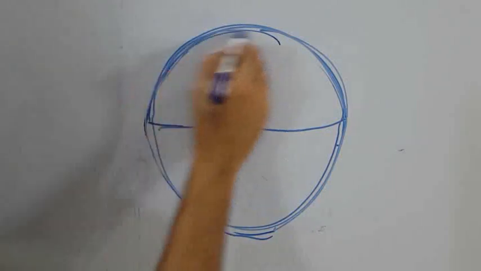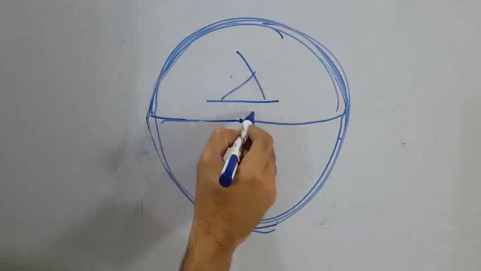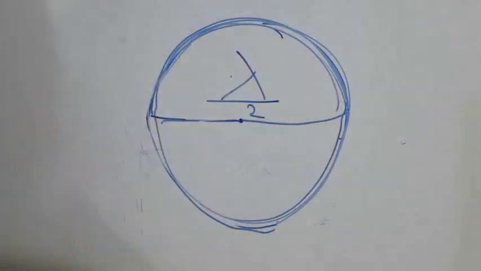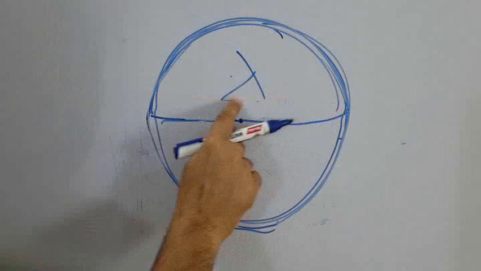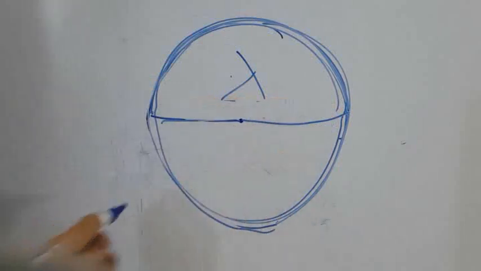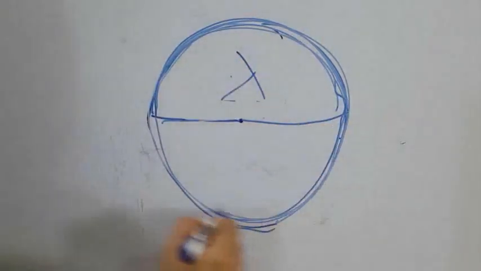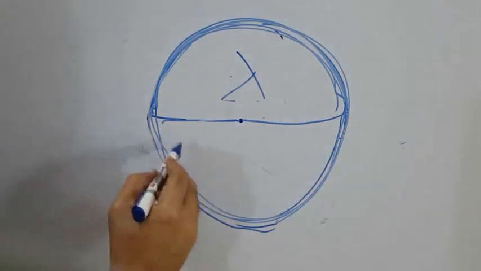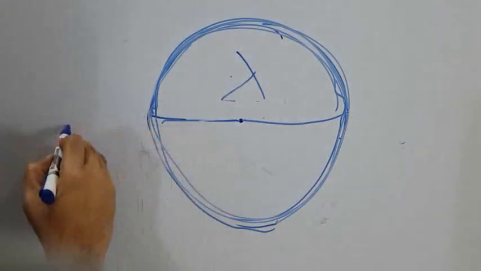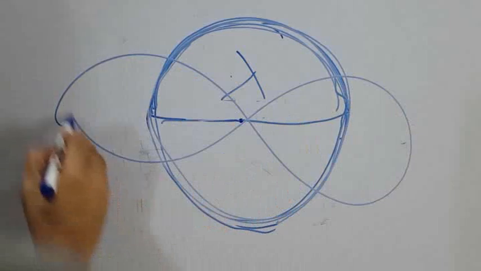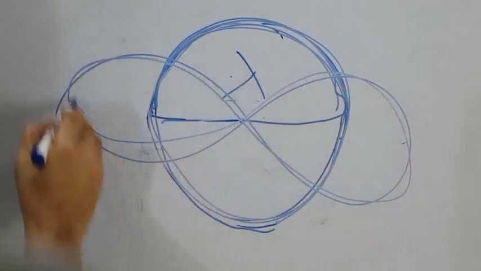It can be either lambda by 2 or it should be lambda. If it is lambda by 2, this would be the wave produced. If it is lambda, then one complete wave shall be produced,